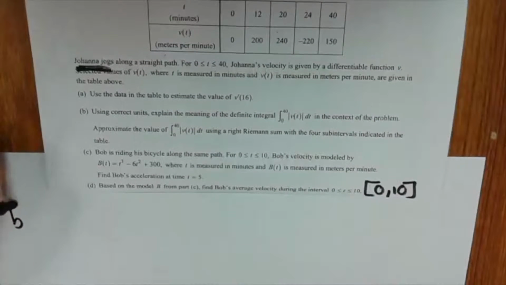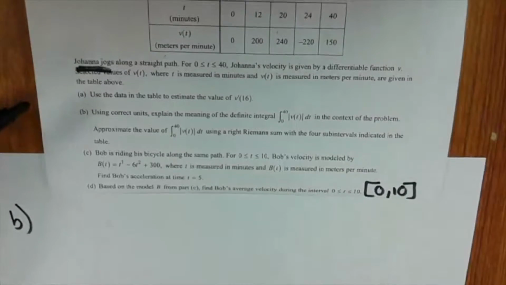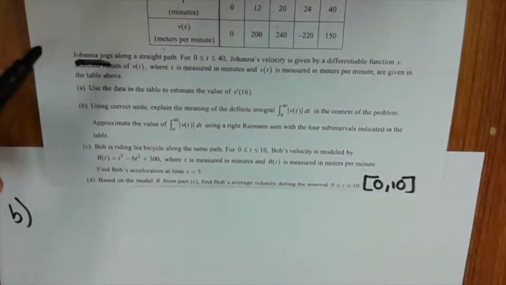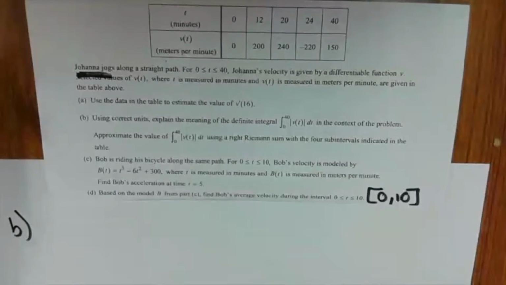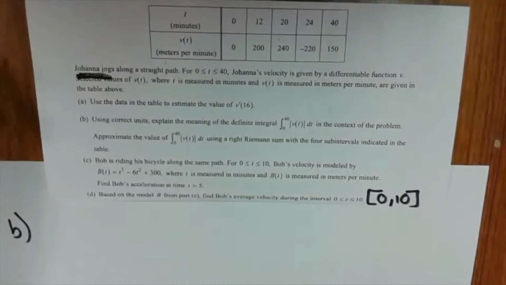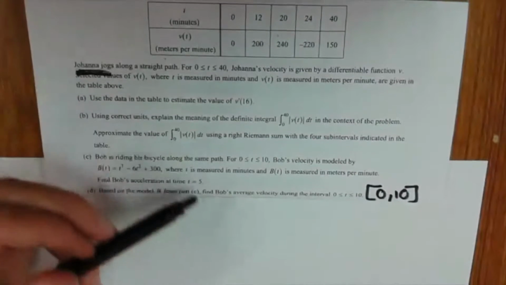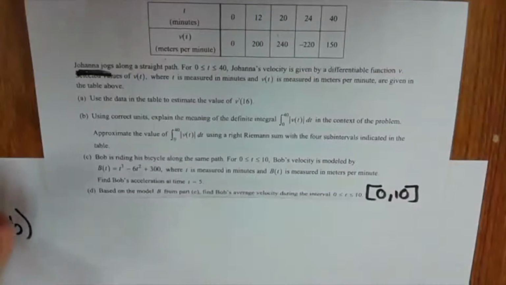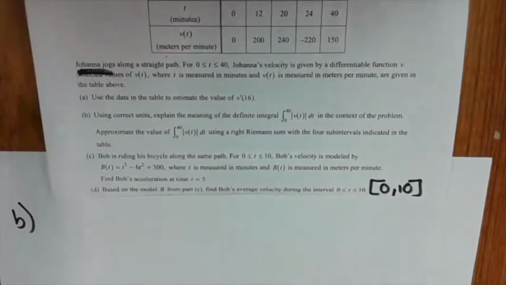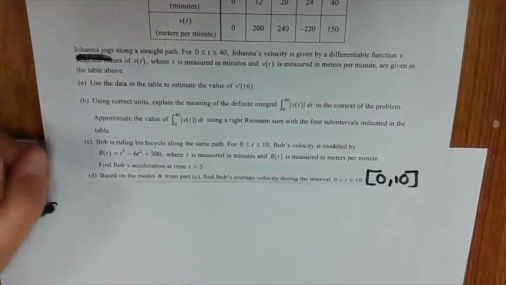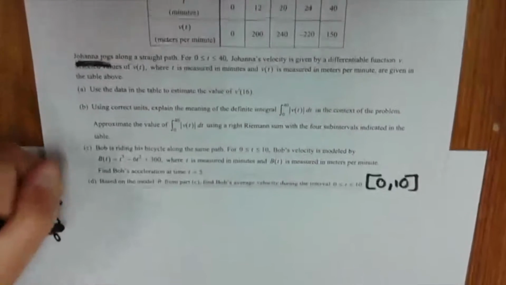Alright, so now we're going to do part B, and in part B it says, using correct units, explain the meaning of the definite integral from 0 to 40 of the absolute value of v of t dt, in the context of the problem. Approximate the value of this integral using a right Riemann sum with the four subintervals indicated in the table. Alright, so to explain this integral from 0 to 40 of the absolute value of v of t dt,